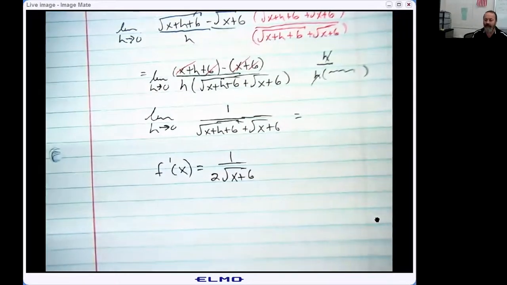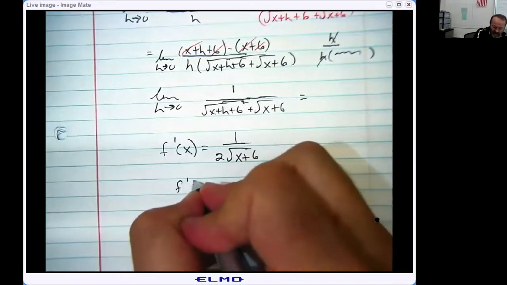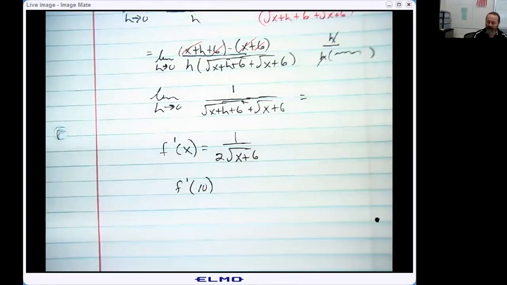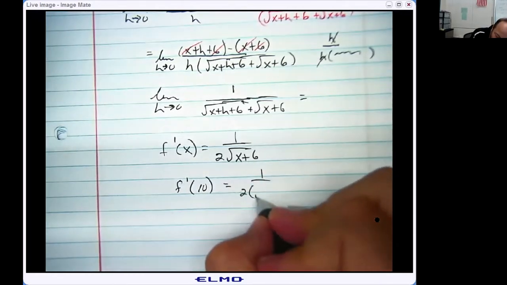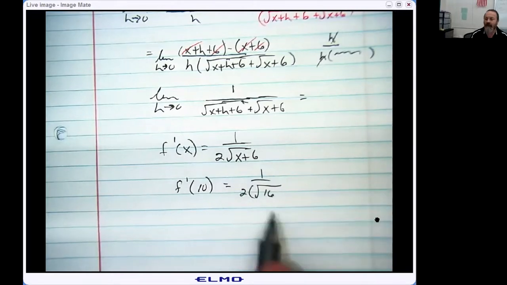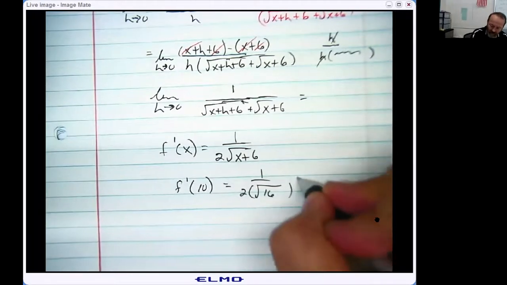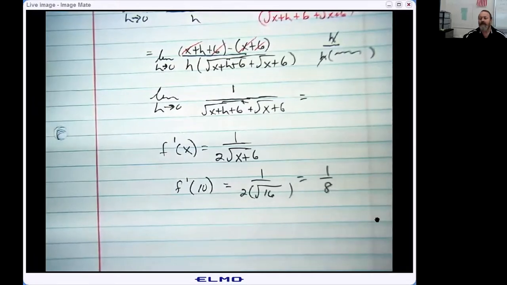Now, if we were to go back to the earlier way that I did this problem, I said, hey, what is the slope at 10? Well, if I plugged in 10, I'd have 2 times the square root of 16. Square root of 16, of course, is 4, and I got 1 over 2 times 4, which is 1/8. So even though I did it in a very different way, I got exactly the same answer as I did the other direction. So that's a quick example of a radical or an irrational based equation. I hope that that was helpful, and we'll pick